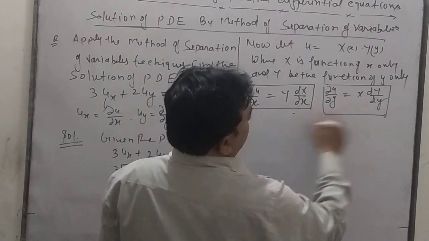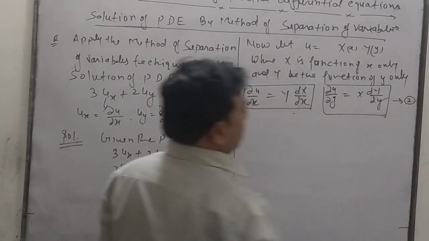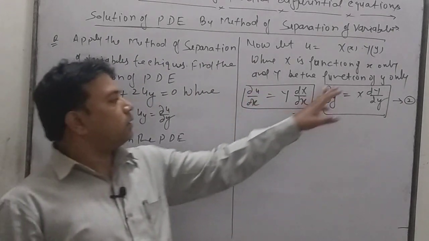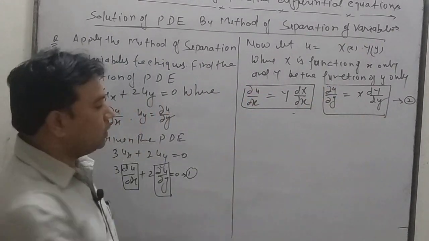This is equation number 2. Putting the values of del u over del x and del u over del y in equation 1, we get